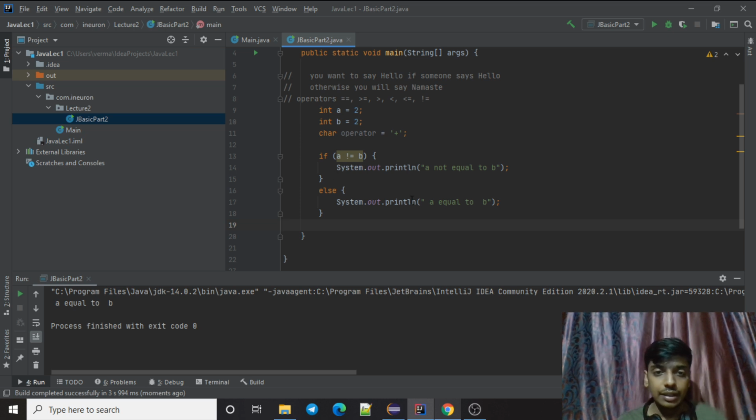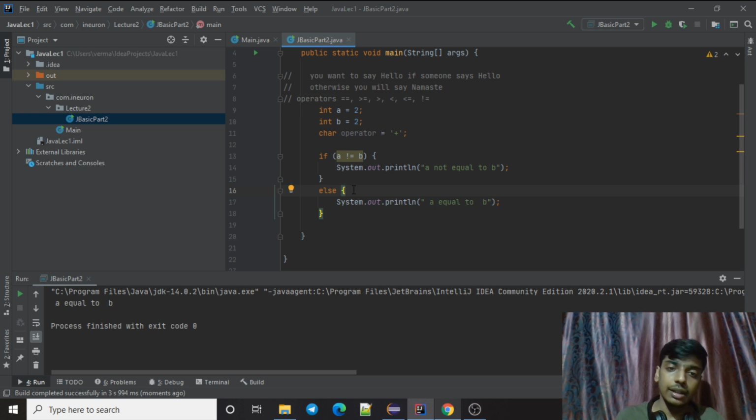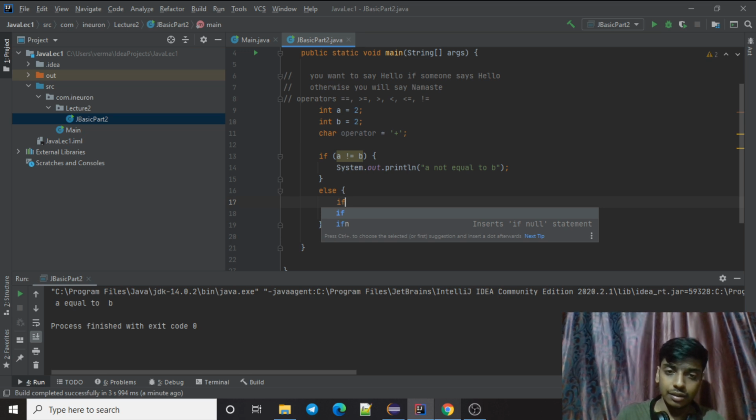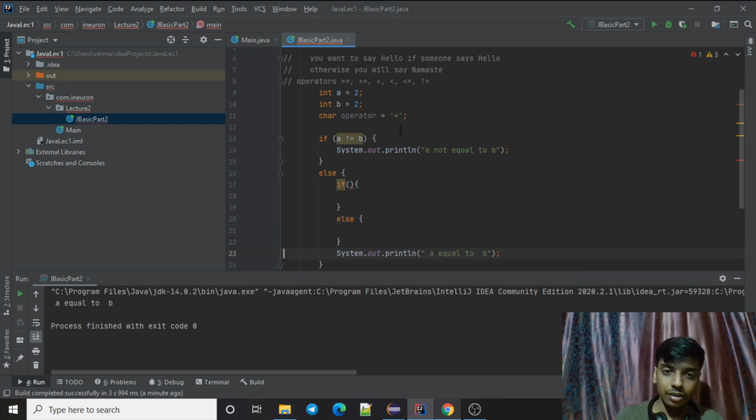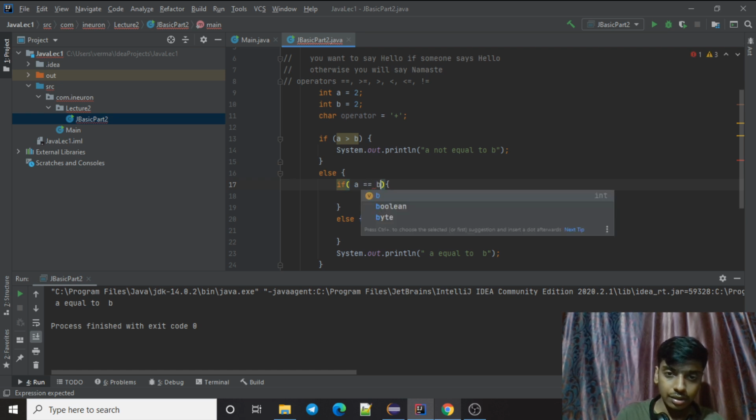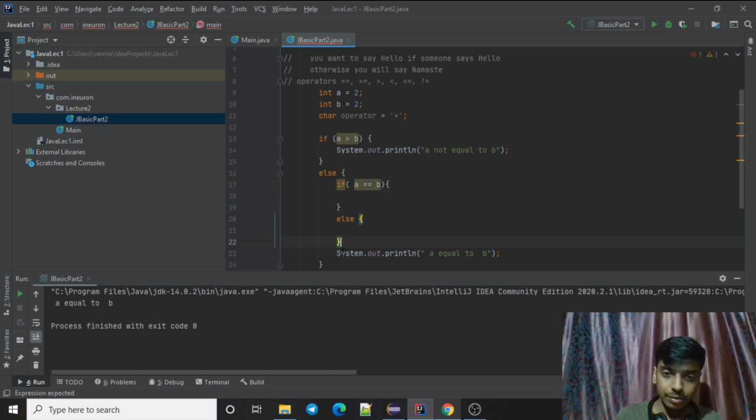Also, you can use nested if else. Inside if else you can use if something, and then these curly braces, and then else something, right? So let's say I want to say if a is not greater than b, check if a is equal to b, otherwise do this.